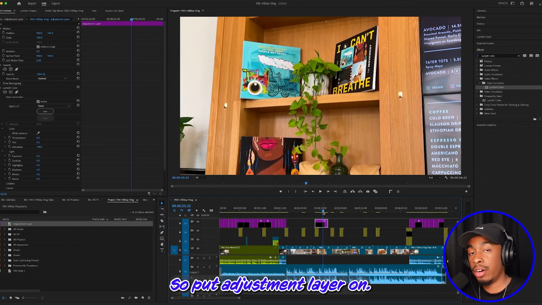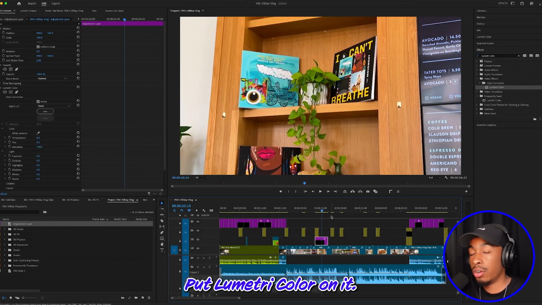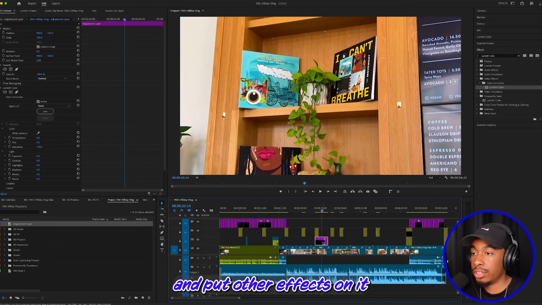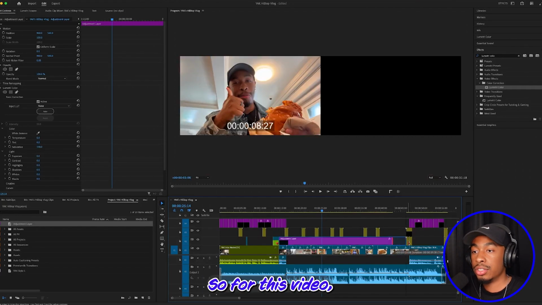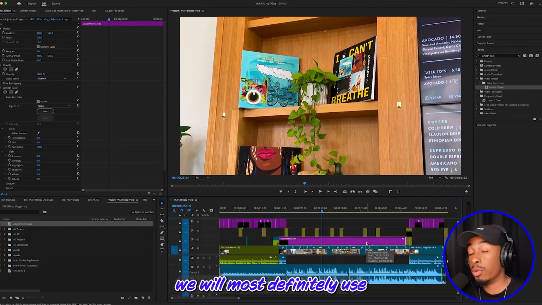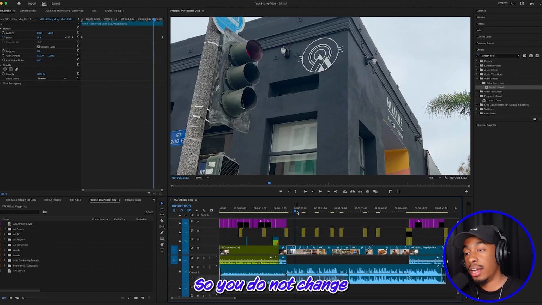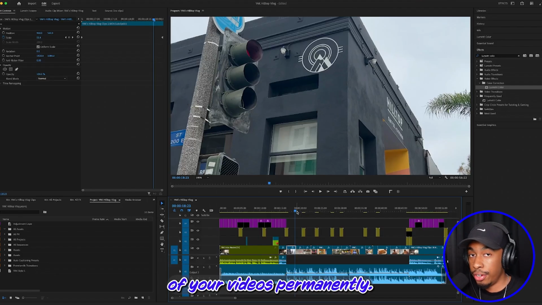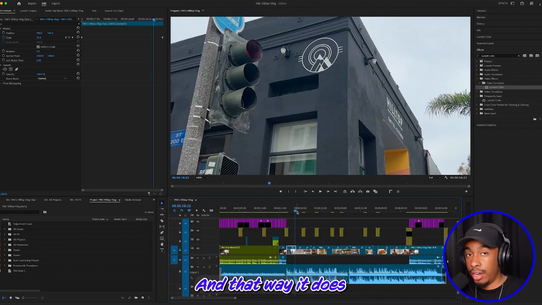So put an adjustment layer on. You can mess around with it, go ahead and throw things on, put Lumetri Color on it. You could go ahead and put other effects on it and then drag this adjustment layer out as much as you can. For this video, like I said, we're not going to be changing colors, but if we shot on my Blackmagic, we will most definitely use an adjustment layer to change those colors. So that is what adjustment layers are and how you can utilize them so you do not change the color of your videos permanently. Just throw your colors all on an adjustment layer, and that way it does not affect